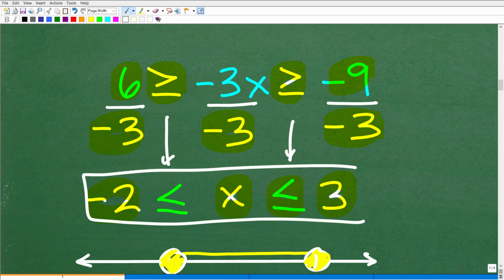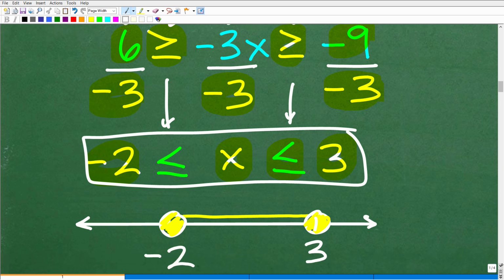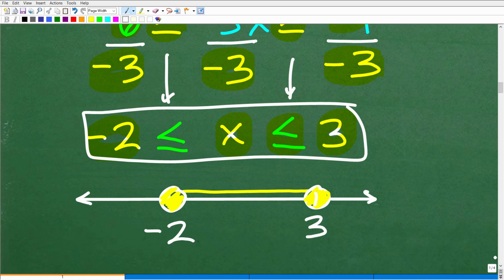So you can see here, how many things do we have to mentally check? 1, 2, 3, 4, 5. So this is where a lot of students get in trouble, is they just lose focus, even for 1 microsecond, and you can easily make a mistake. Doesn't mean that you're a bad student or you're not going to do well on your test, but this happens, okay? It happens more frequently than you probably